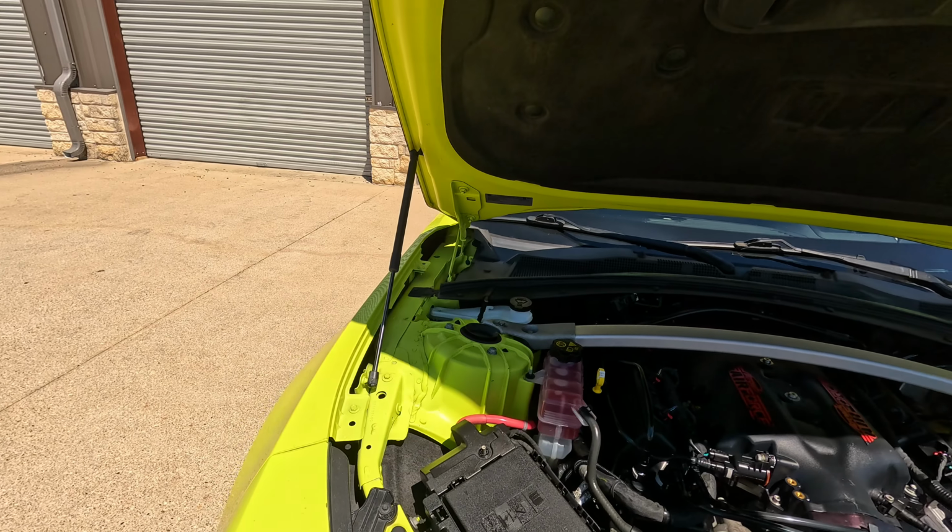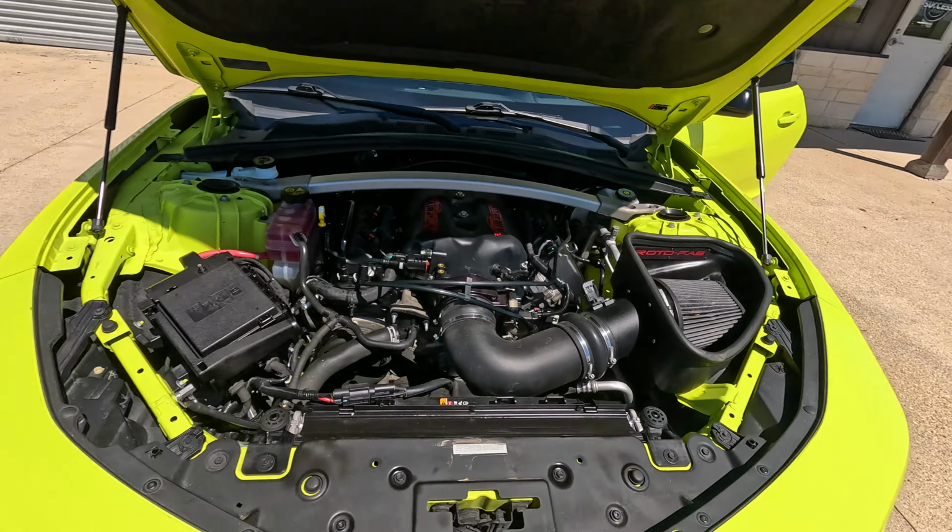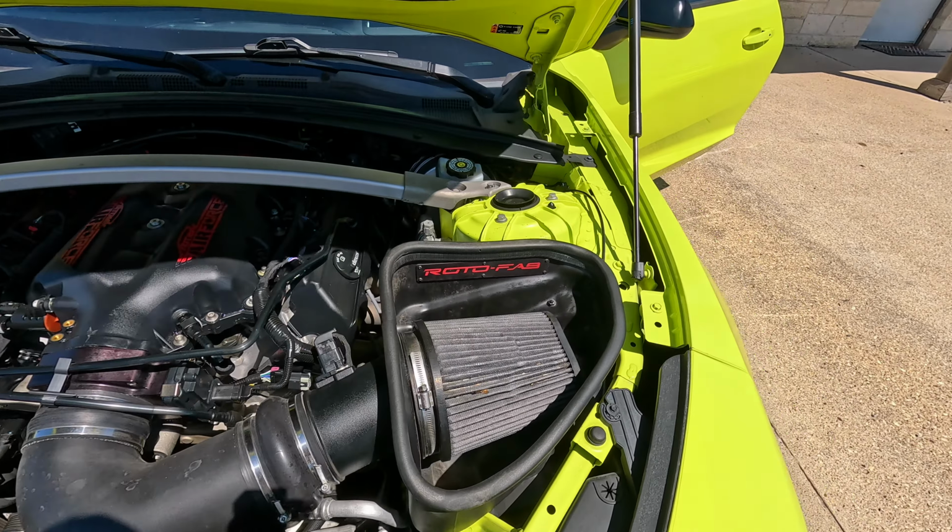Sorry. Not as familiar with the Camaro latch. So the engine bay is clean. It does have, I guess, Rotofab